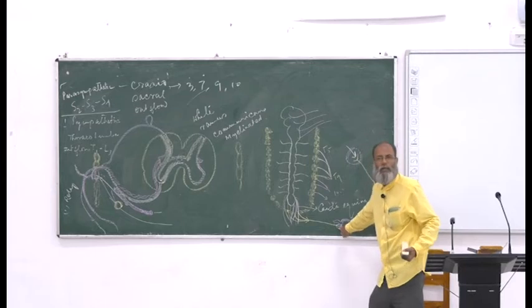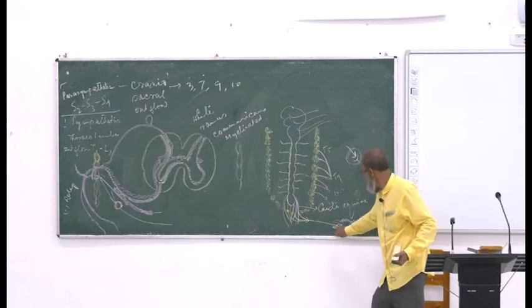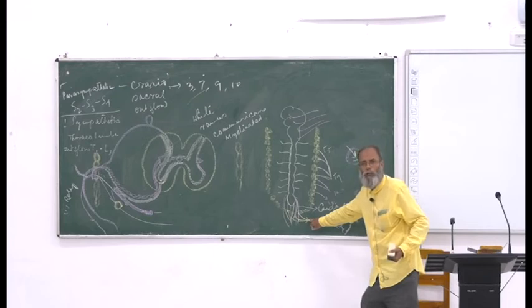There is a parasympathetic end. They will relay here and supply the organ. Now, if we get unique fibers, then you